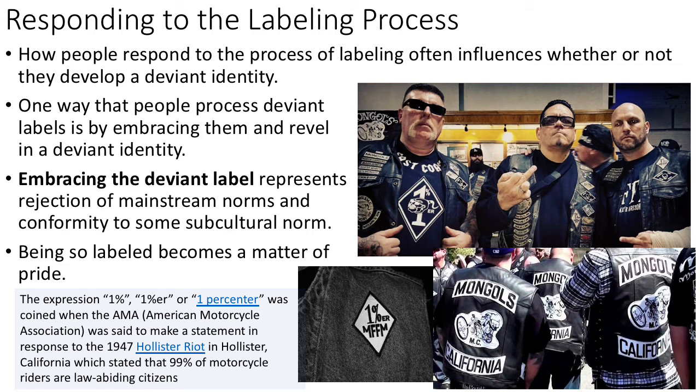But others actually embrace their working class identity. And he talks about different ways that they actually embrace and flaunt their working class identity. So one possible reaction to being labeled in a certain way is to actually embrace the